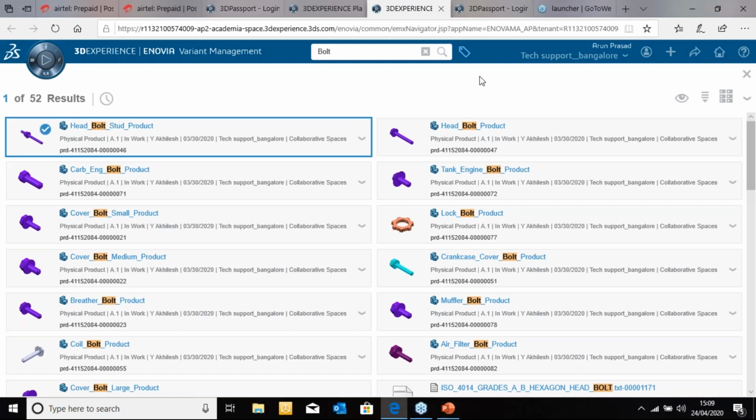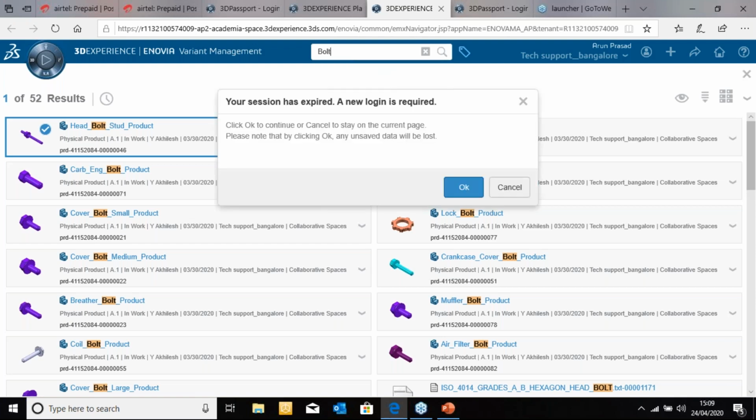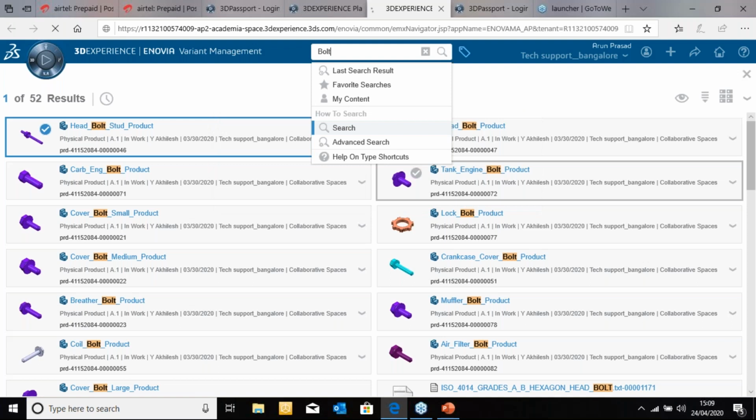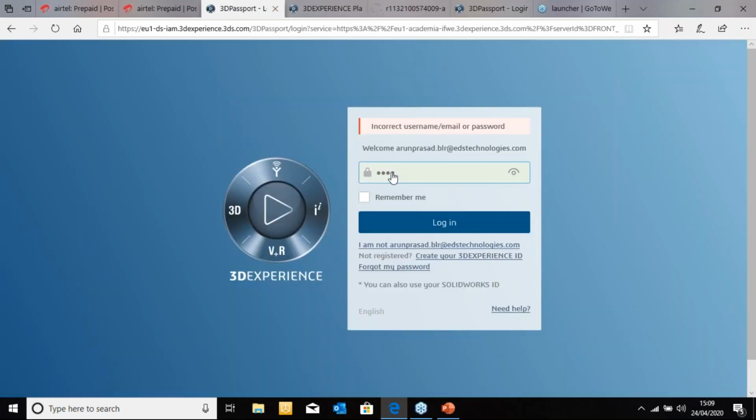How do we access all the 3D related activities? I would just have to search my 3D design, the 3D part number. If I'm aware of the part number, just give the part number, and it displays the complete list of the models that I'm looking at. So as you see here,